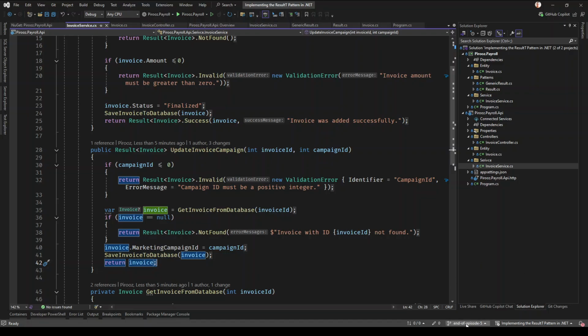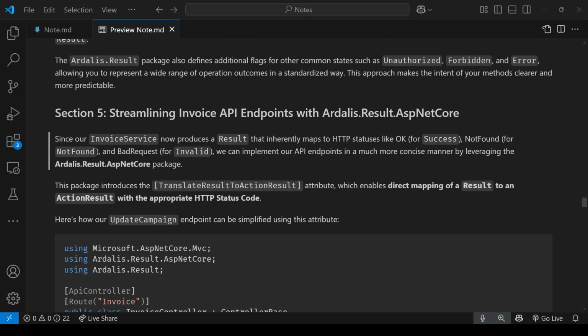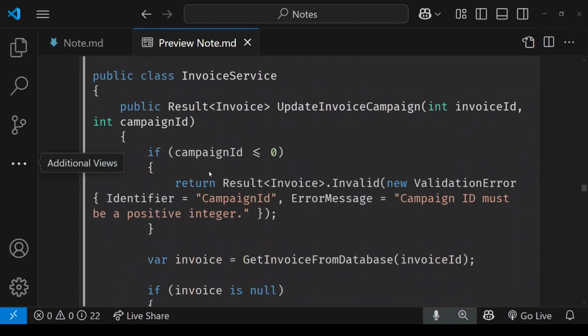So I have created this new branch for this episode if you take a look here, and then I'm gonna make a commit at the end of this video. Now back to our note. So this is the note that I have prepared for this section. So let's read it. It says,